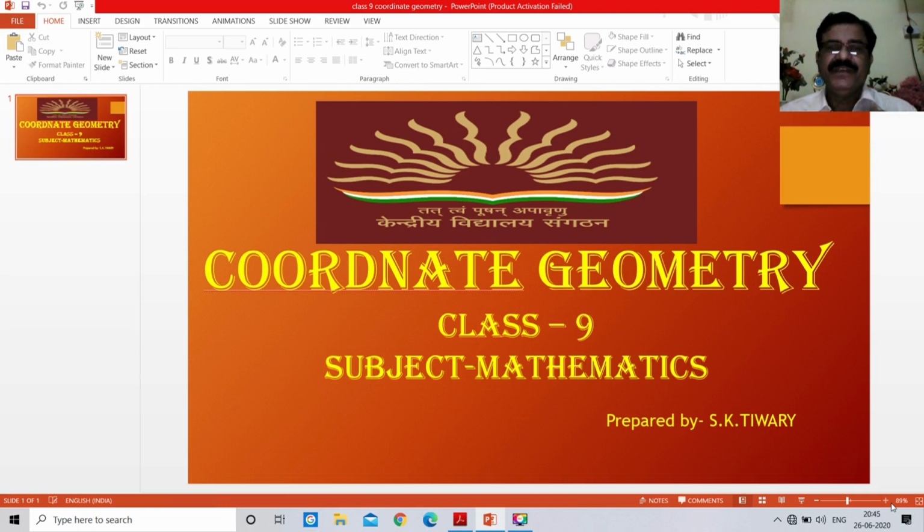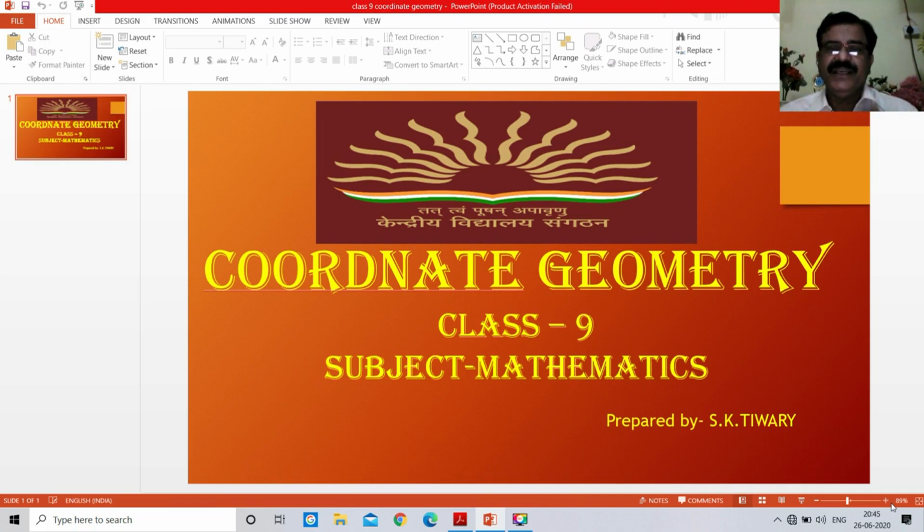Students, in this coordinate geometry, I want to discuss the teaching points. First of all, we should learn about the coordinate. That is, what do we mean by coordinate? The location of a point in a plane, the XY Cartesian coordinate system, and how we can describe any point by locating